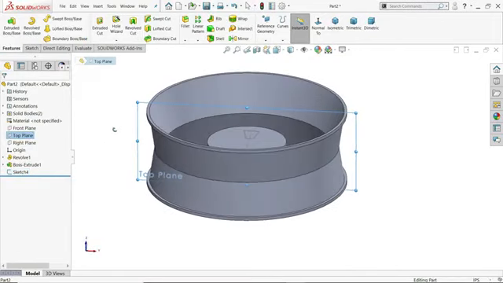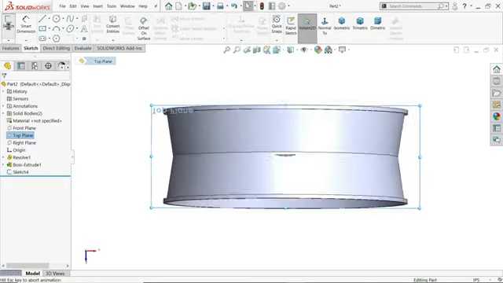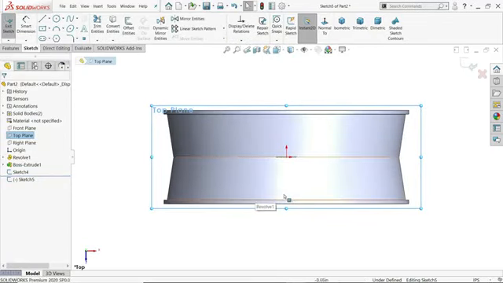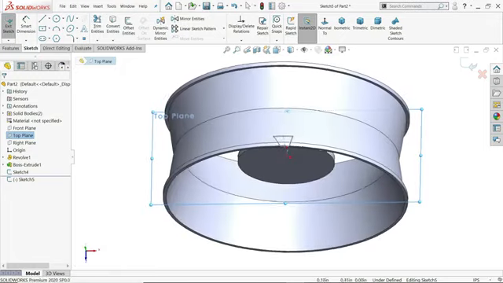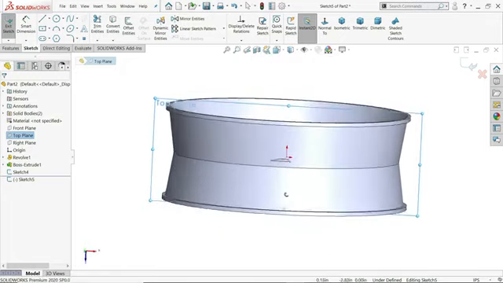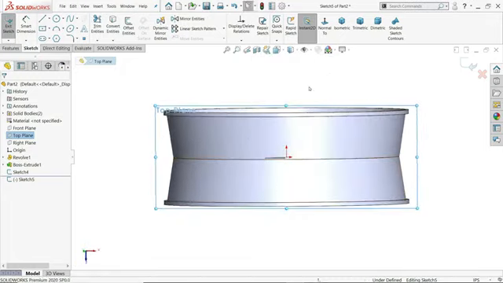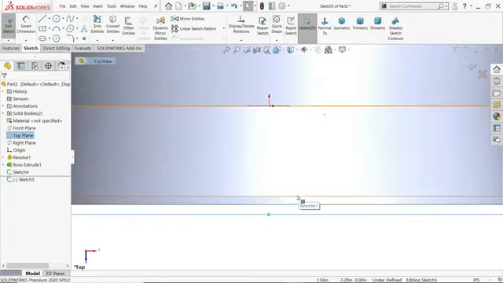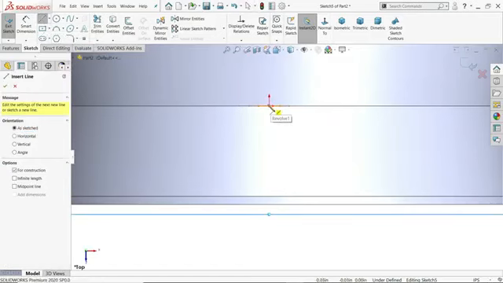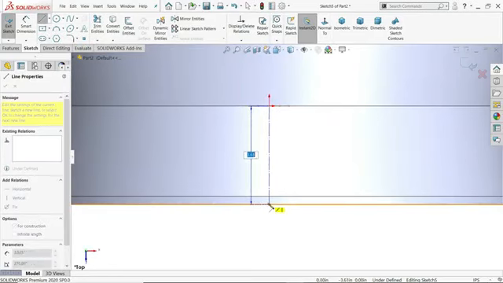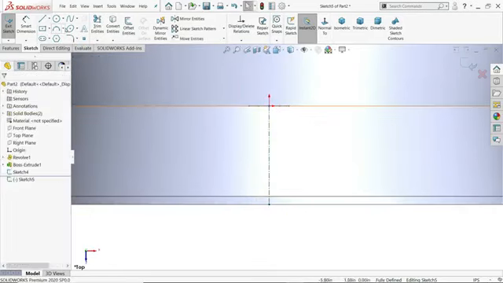Now at this plate's top plane, sketch. Okay, here we are going to create, because our main profile is going to be on this side. So that's fine. Connect here. Ellipse.